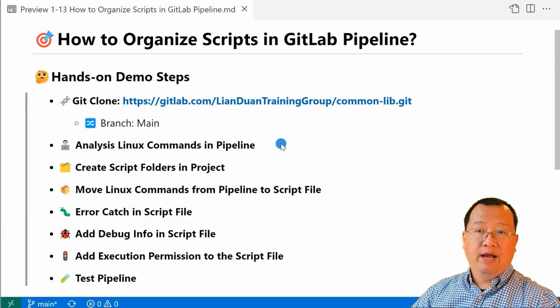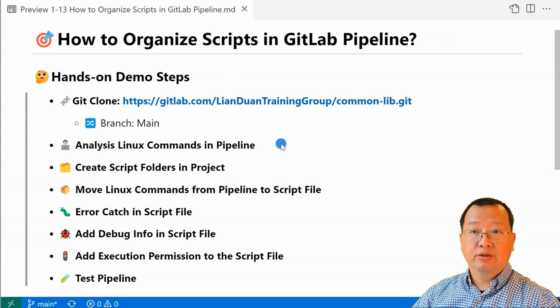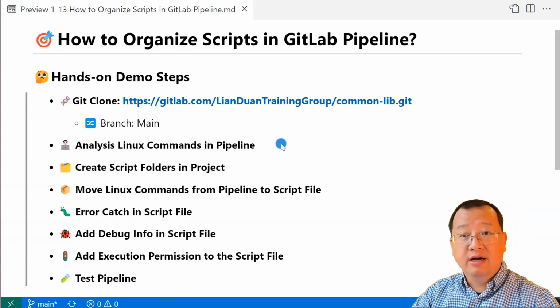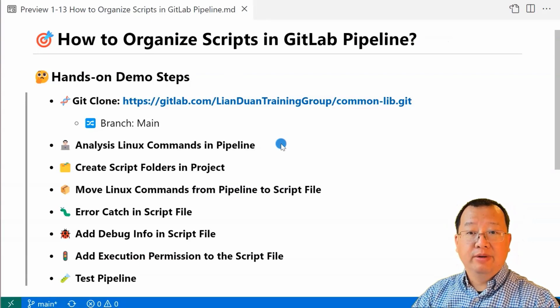In the first step, we have to think about where is the best location to store our Bash shell scripts. Put all project scripts in one place, or store scripts in the parent project, or save the scripts in the parent project and the sub-project. The store pattern depends on project size. Common Lab is a middle-sized project, so I'll save the common scripts in the parent project, and the sub-project uses the scripts in the sub-project. If your project is small size, one place to store all scripts should be fine.